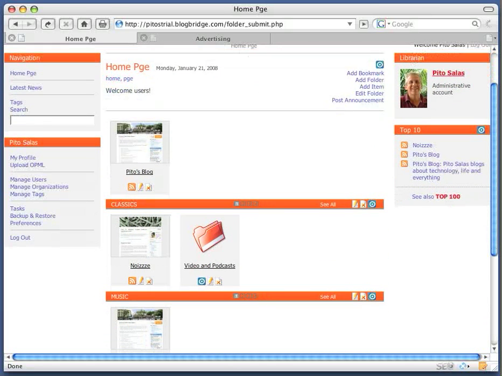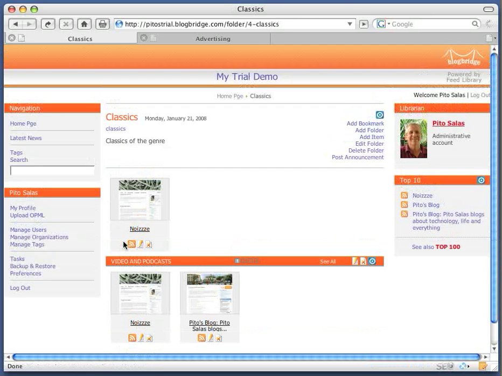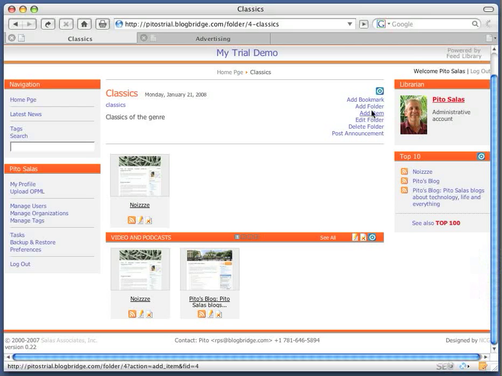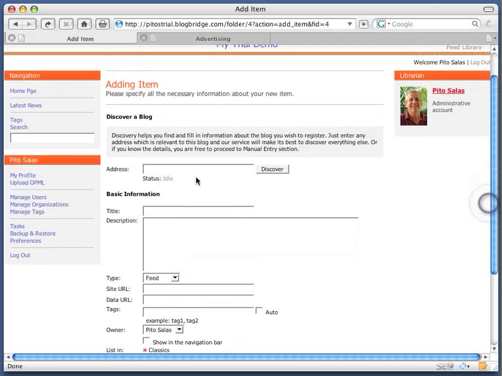Let's see what it's like to add some content to this feed library. I'm going to go inside the classics, for example, and I'm going to add an item. Now, an item generally is a blog, but there's many different things you can add as well. But let's start with the blog. Now, you know that a blog has a URL, but there's other information about a blog also that